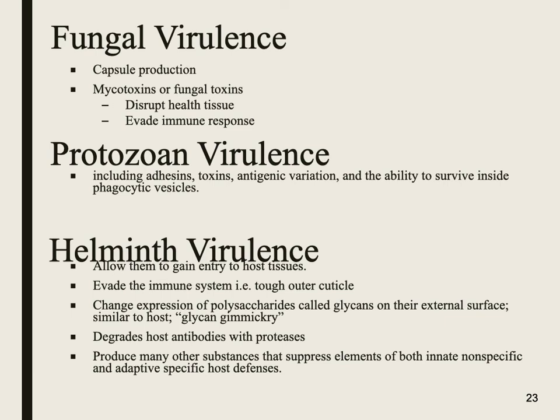So some helminths are going to produce digestive enzymes that are going to break down tissue, like the skin, so they actually can get in through the skin into the host tissue. And now they're in tissue where it's a little bit harder for the immune system to get to. They will also hide in places that have immune privilege. And so there are examples where there are helminths that can get into the brain, and so there are individuals that have tapeworms in their